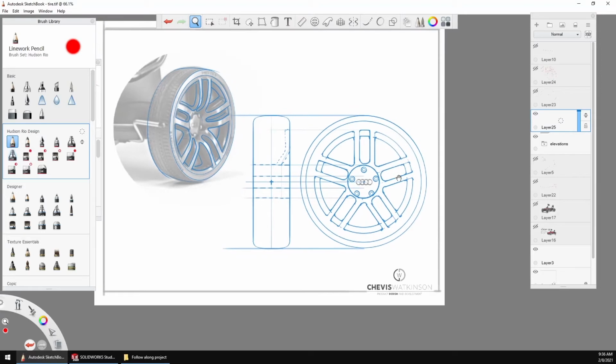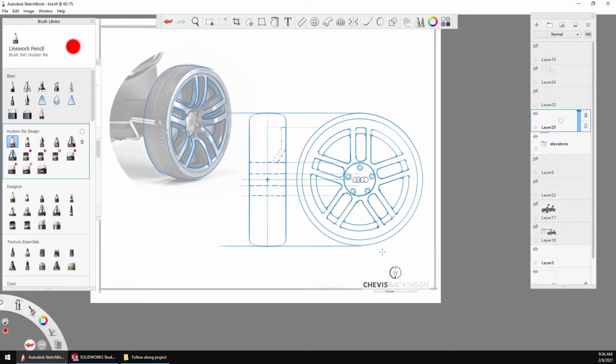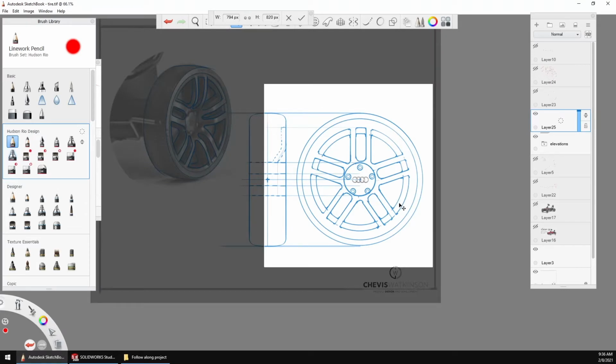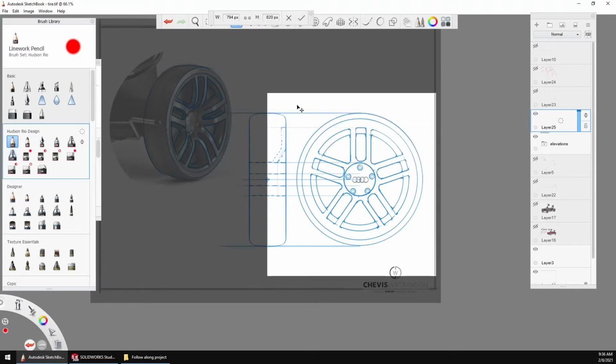Since we know what this diameter is, you bring that into SolidWorks and it's going to bring in all the information and all the sizes. So if I bring it in, this is the dimension it's going to give us from here to here. Now, what I can do is I can bring it in and do a crop